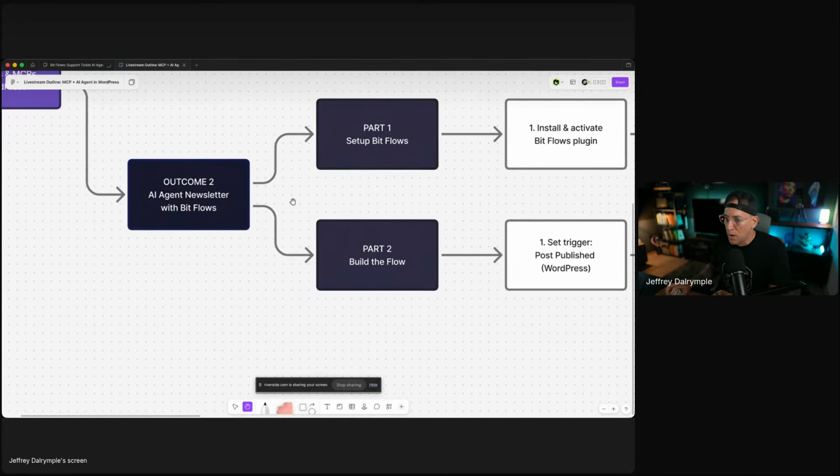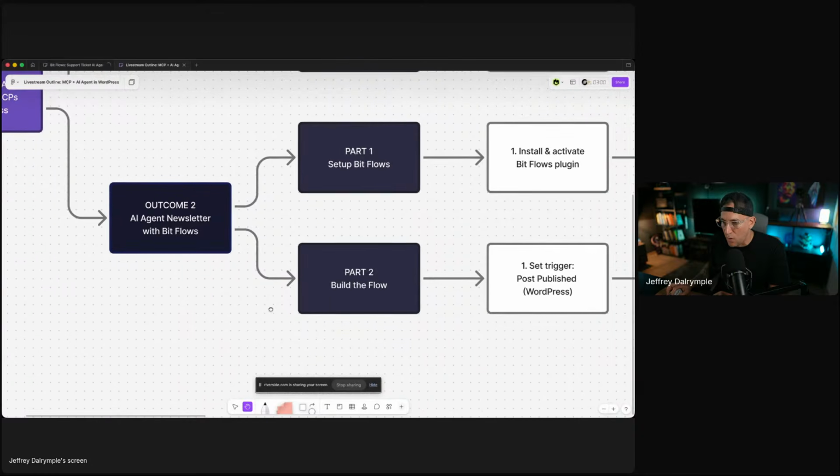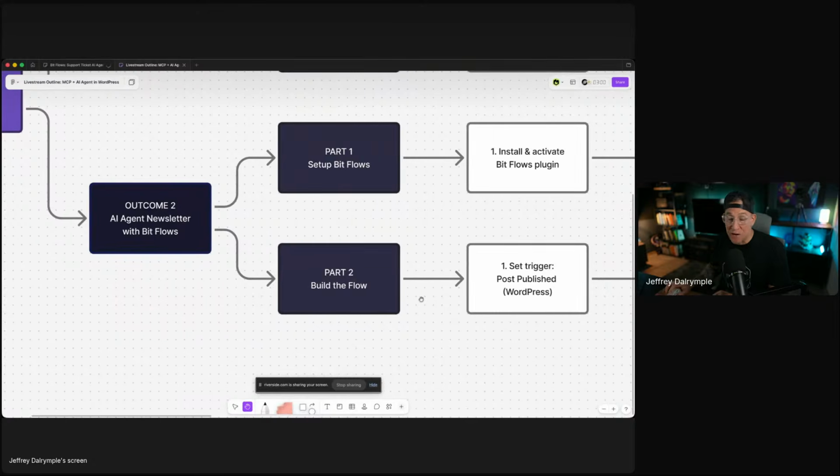The second one, we are going to set up Bit Flows and create an AI agent. This is something I want to explore. What this flow is going to do, and I don't even know if it's possible yet, we are going to find out. I think it is. Theoretically, it should be.